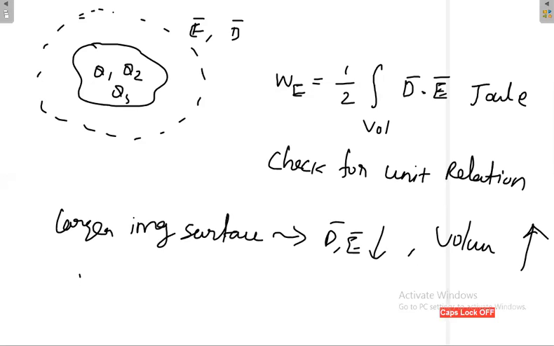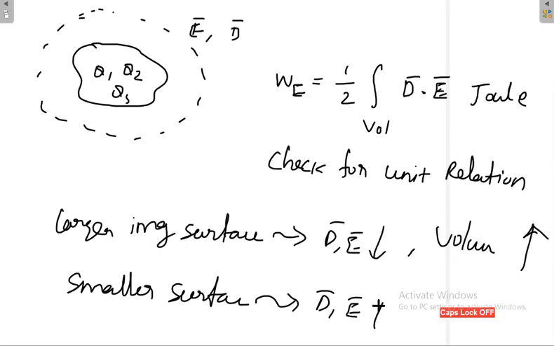If you take a smaller imaginary surface, your D bar and E bar will be high, but the volume will be low. Finally, the energy is independent of the volume. It depends on the charges Q. So please note down, the energy